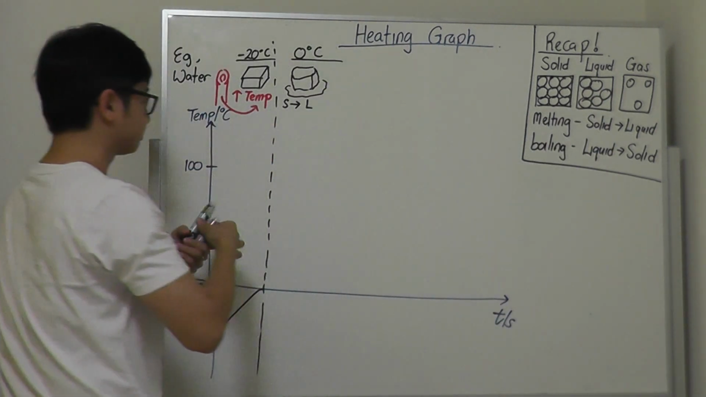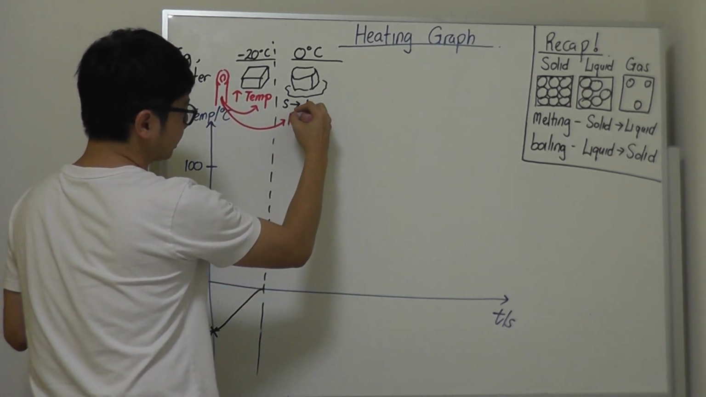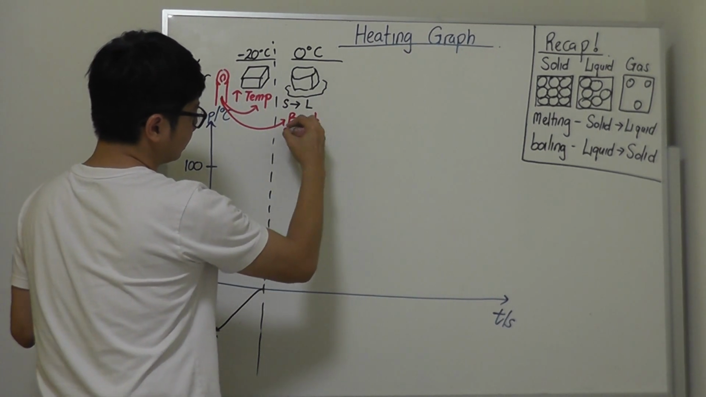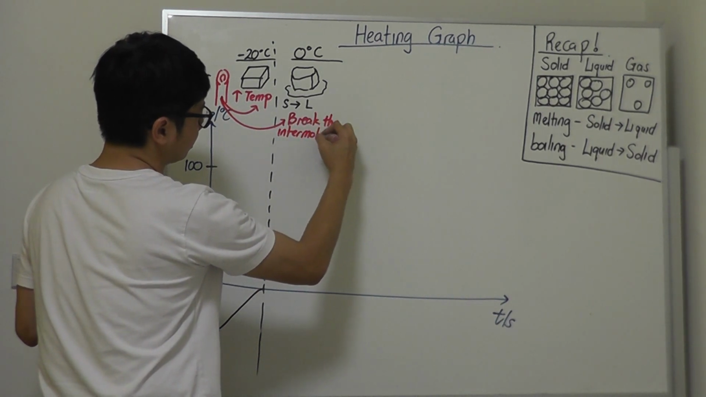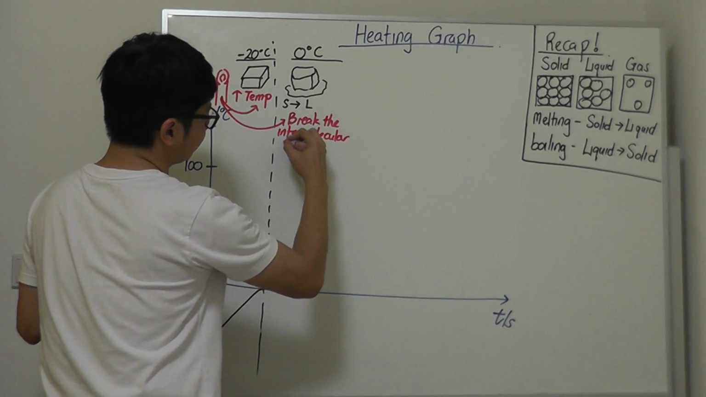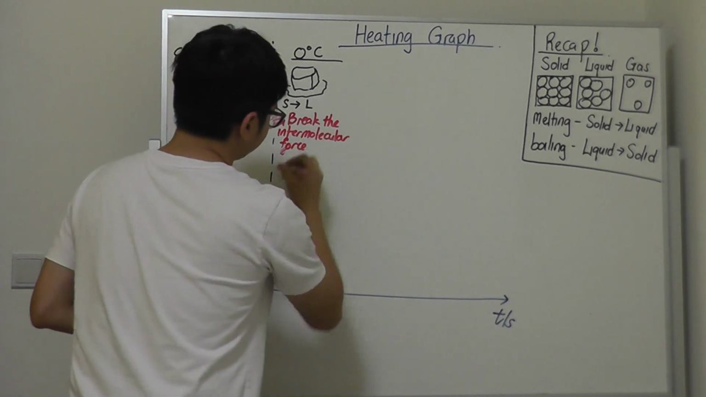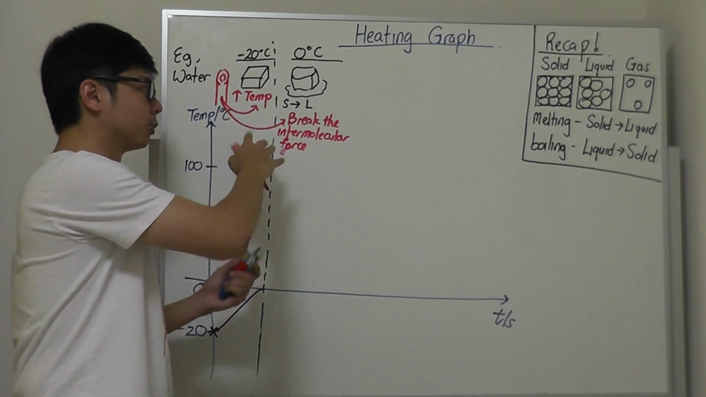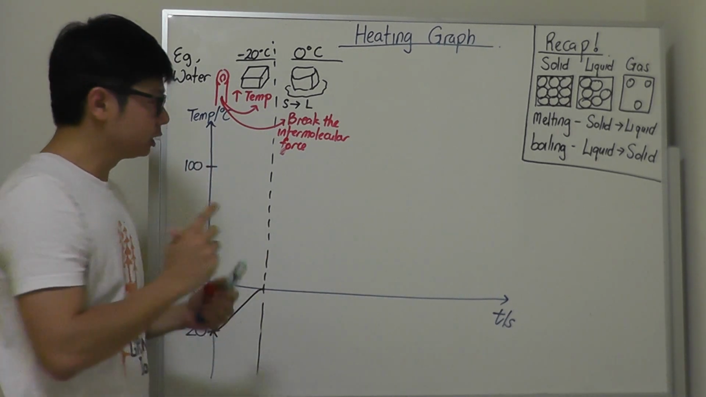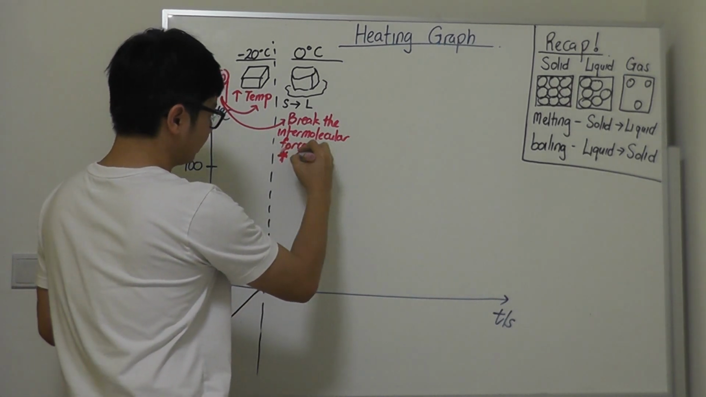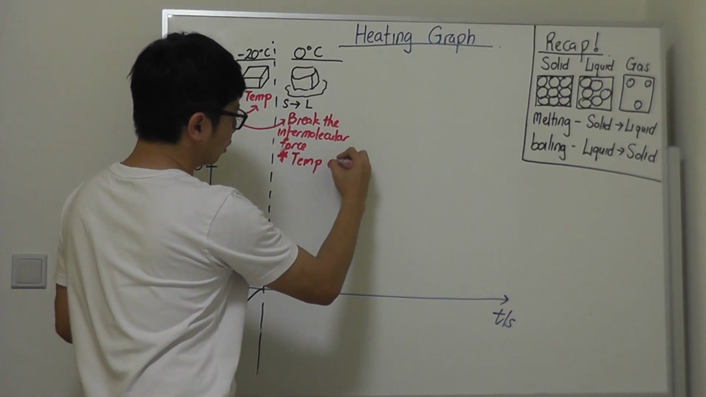So in this case, the energy is being drawn from the heat source to break the intermolecular force. Okay, so since the energy is being drawn in to break this intermolecular force, the energy will not be used to change the temperature. So this is very important as it explains why the temperature stays constant